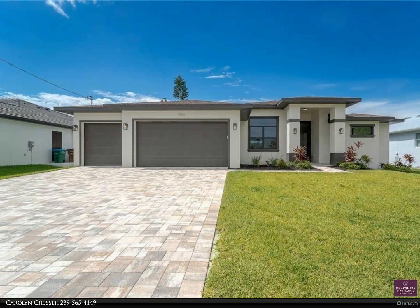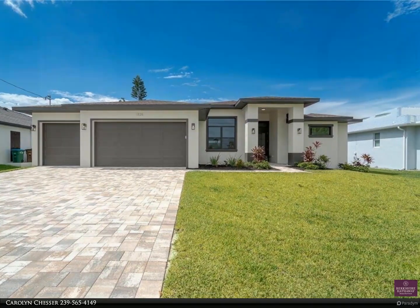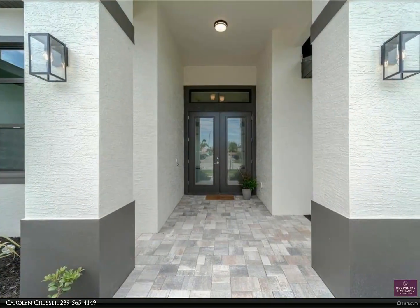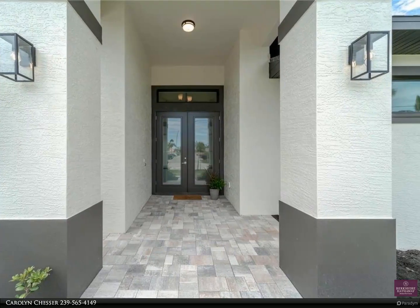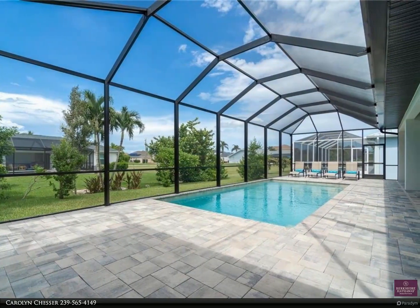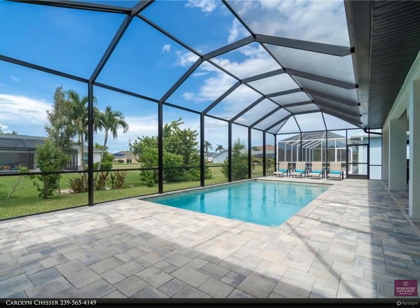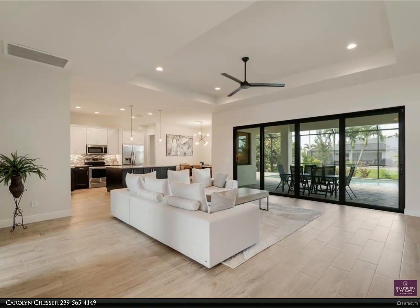No need to wait to build your new pool home. Beattie Homes Samuel floor plan is situated in sought-after southwest Cape Coral, south of Cape Coral Parkway. Double glass door entry welcomes you to a spacious open-concept floor plan with 9 feet 4 inches ceilings. Your chef's kitchen offers an oversized island, tall cabinetry, extra storage, walk-in pantry, deep sink and upgraded